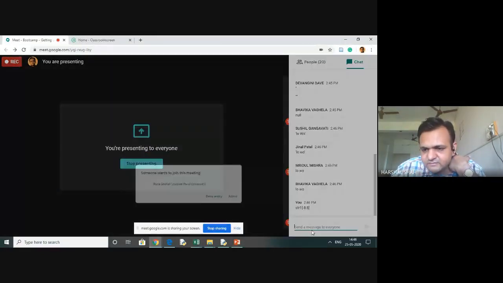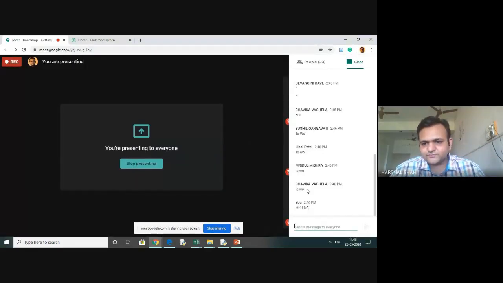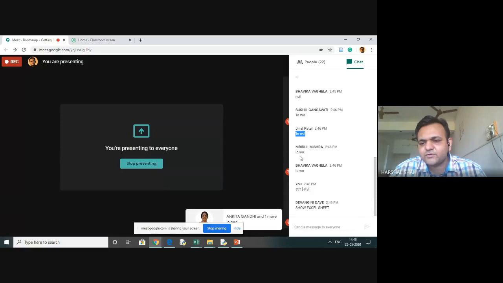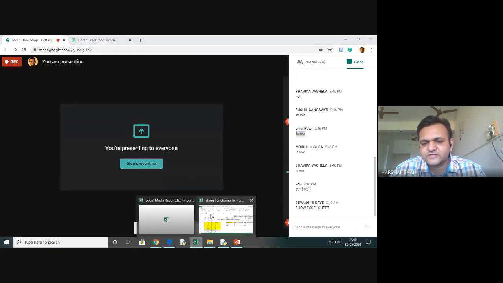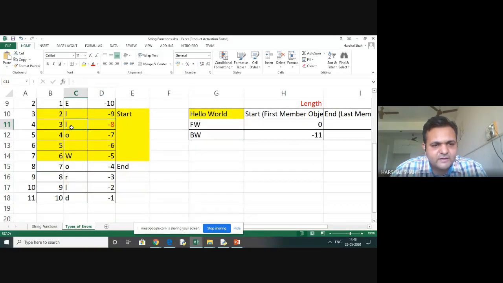In this case, lower, obviously, right. And about the way of writing, I appreciate Sushil and Jinal pointing out that yes, the string should be written with double quotes. Yes, so I will show you the Excel sheet, and you can see that it will start from -8. Here it is a new start, and it has to end before 8.